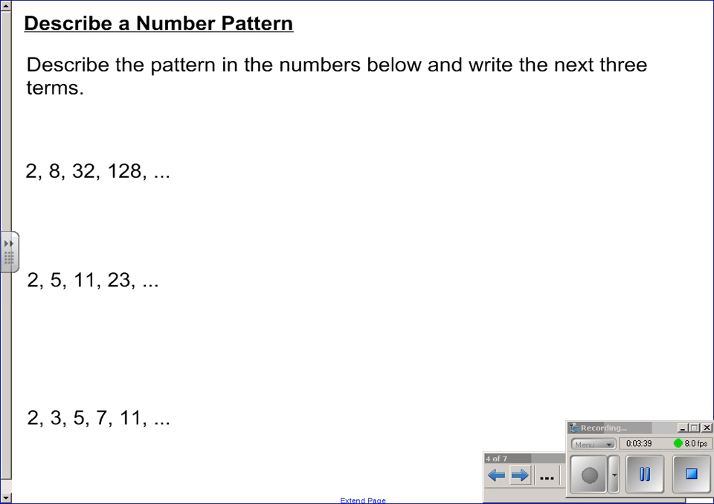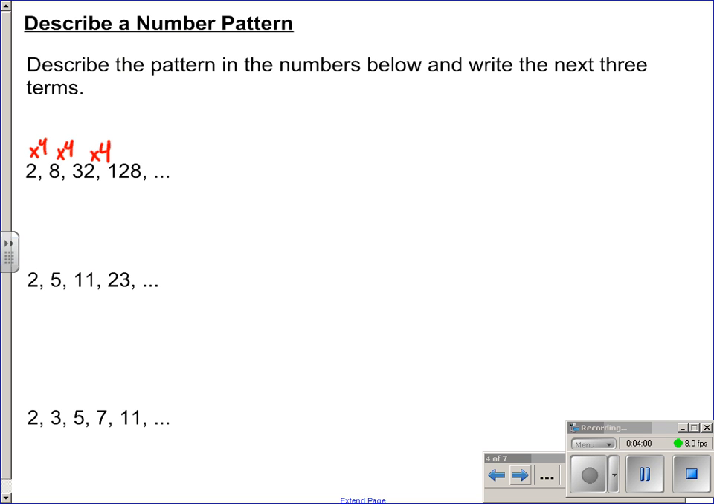I see 2 to 8. Well, maybe if I multiply by 4. 8 to 32. Well, multiply by 4 again. Let's see if that works. It looks like this is going to be the pattern, but you keep on trying. 32 times 4 is indeed 128. There's our pattern. So, the next 3 terms,